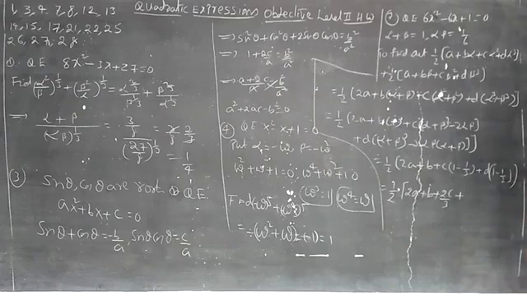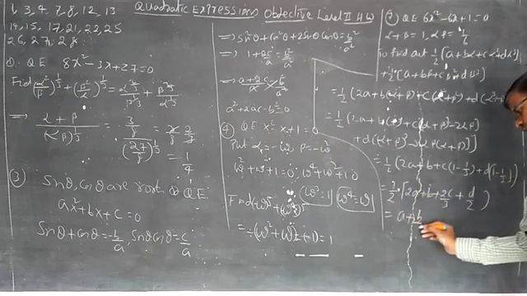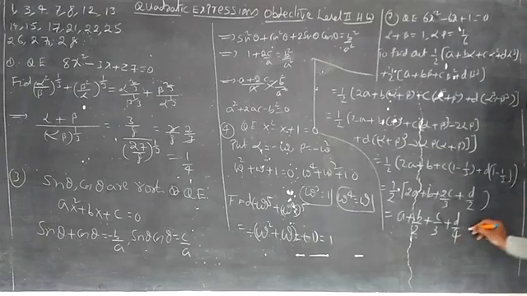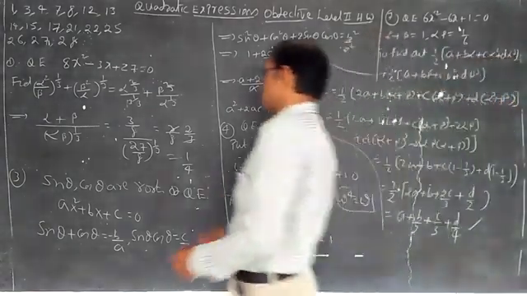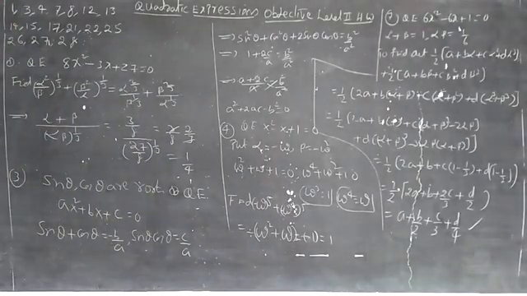Alpha plus beta whole cube minus 3 alpha beta into alpha plus beta whole cube, means 1 minus 3 alpha beta, 3 by 6, 1 by 2 into alpha plus beta 1. Now 1 minus 1 by 2, d by 2. Okay. Now multiply with this 1 by 2, you will be getting a plus b by 2 plus c by 3 plus d by 4. Nice. A plus b by 2 plus c by 3 plus d by 4 is the correct answer of this question.